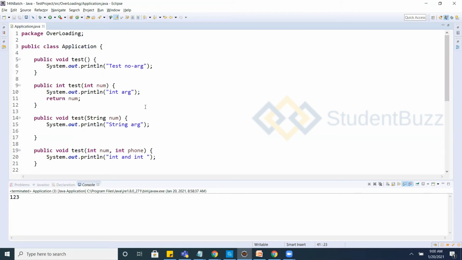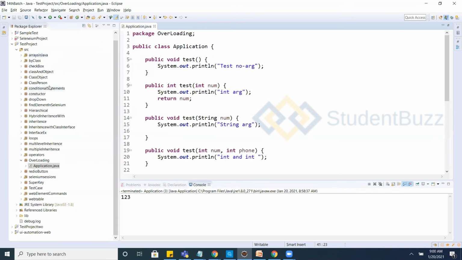All right. Let's see overriding. See, in every interview, whether automation or Java or whatever it may be, the question will be there: overloading and overriding.